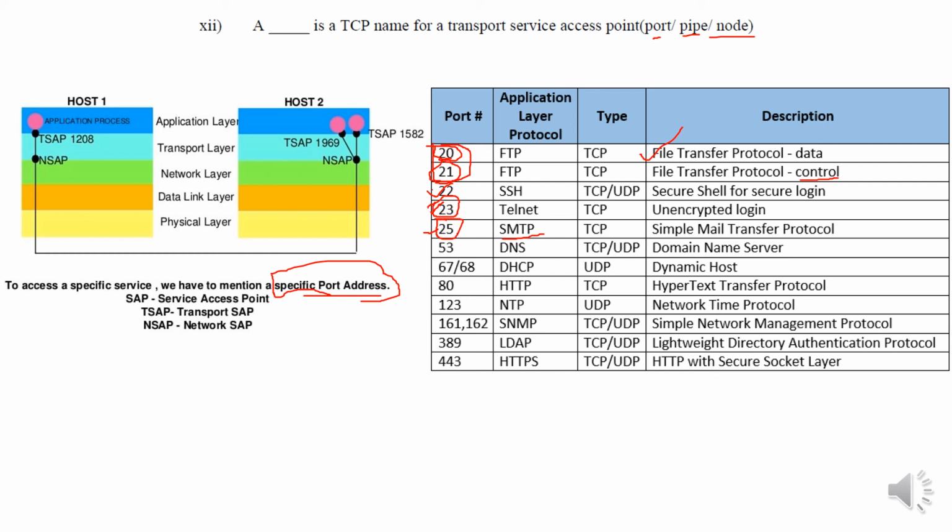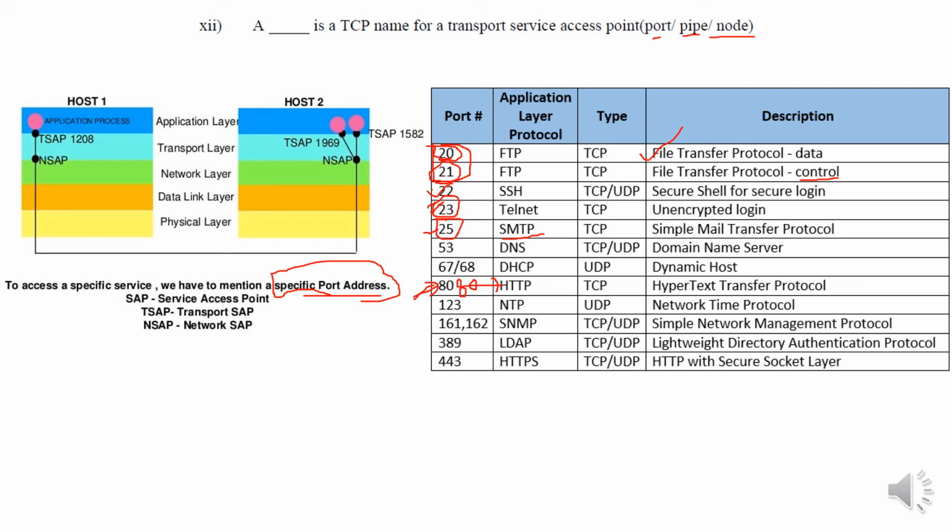Another very important one is this 80, HTTP port. All the internet traffic, when you are using Chrome or any web browser, it actually sends the request through port 80 and receives also through 80. Sometimes it is also called 8080, because this port 80 receives any HTTP request and also serves through this port 80.